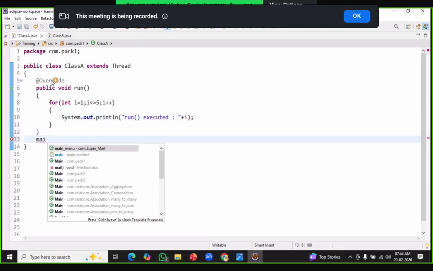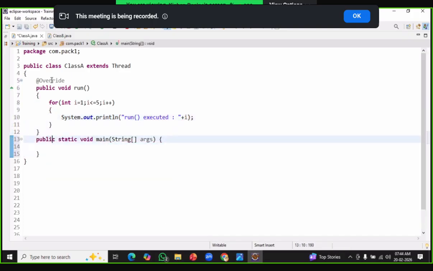Now let me go to my main method. Now inside this main method, I'm going to create an object for my class, equal to